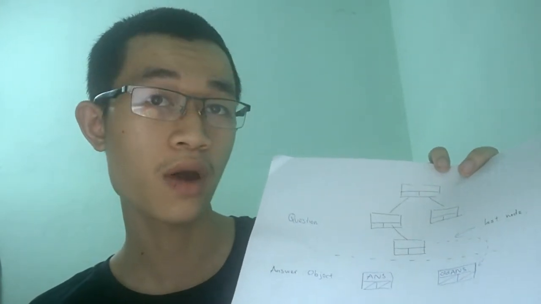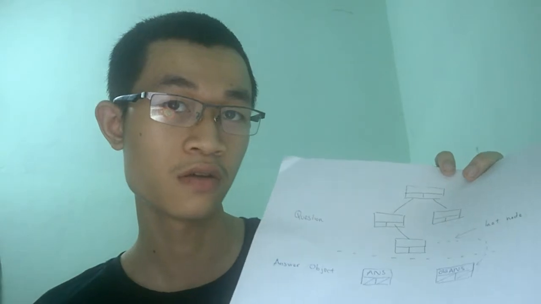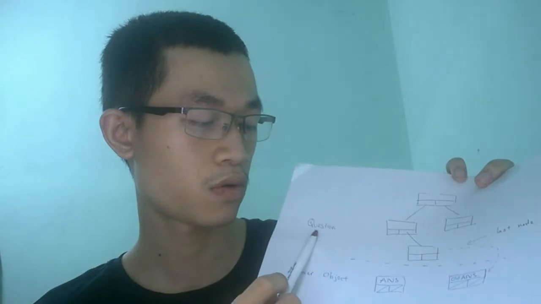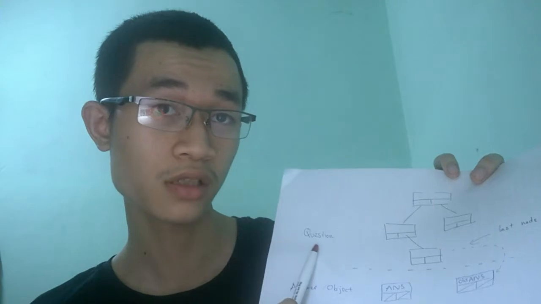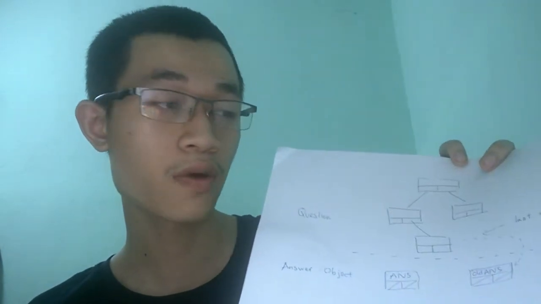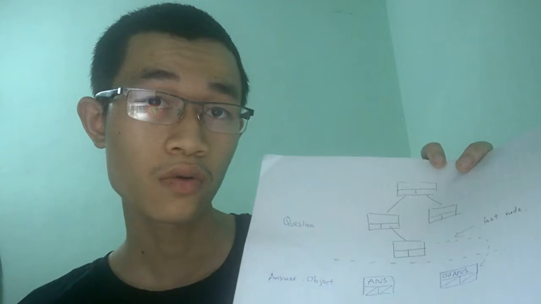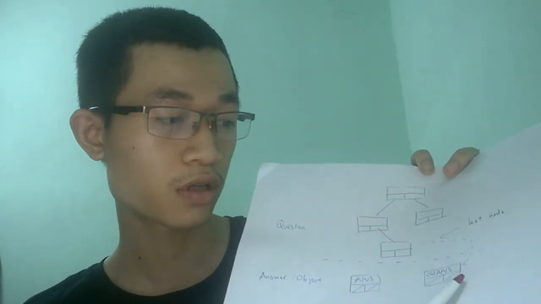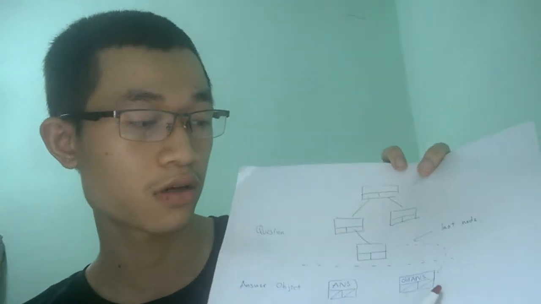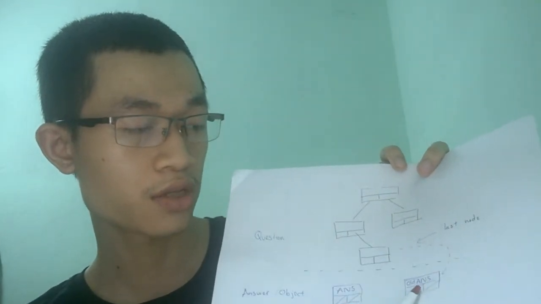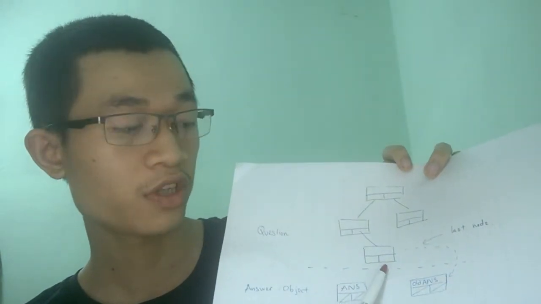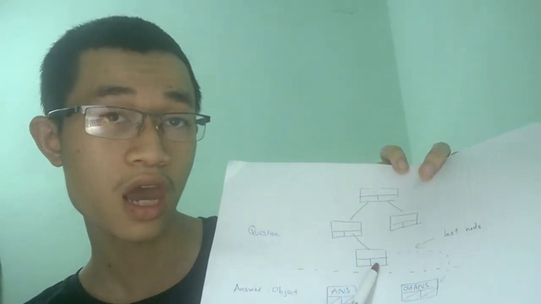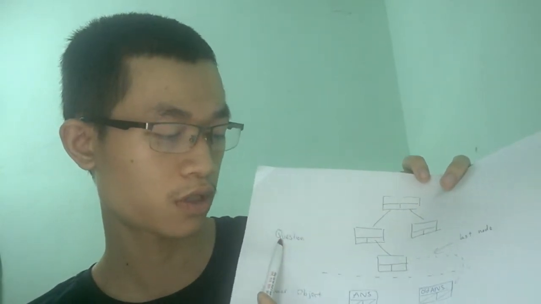Next, the program will ask for the selection for the question. I mean, you have to choose yes or no to answer the question. If you choose yes for this question, the node storing the new answer will be linked into the yes branch of this node. And of course, the other node storing the old answer will be linked into the no branch of this node. And if you choose no for this question,